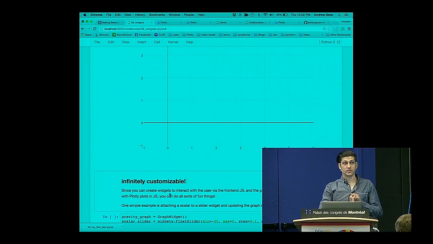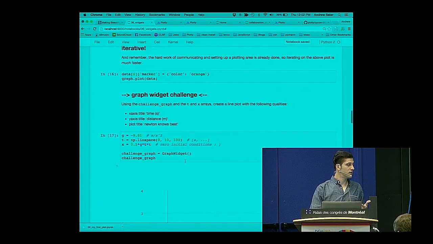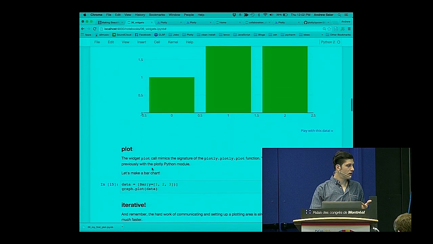So the widgets do not show up in NB Viewer when they are ported somewhere else, because you can't allow that JS to just run when somebody else opens it, unfortunately. So you have to run the notebook, which is actually a really big qualifier for this. So if you want to save something, you actually need to save it and then embed that plot later in